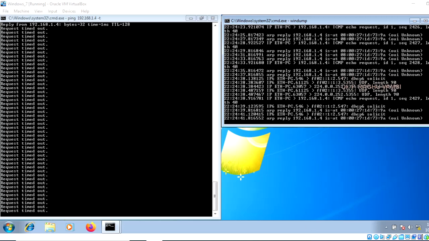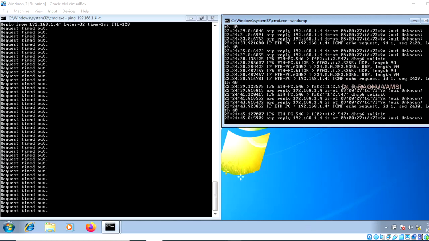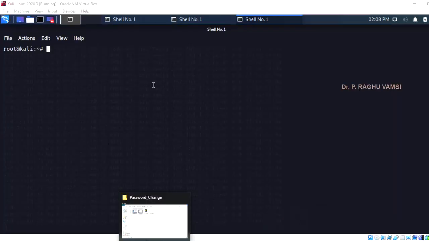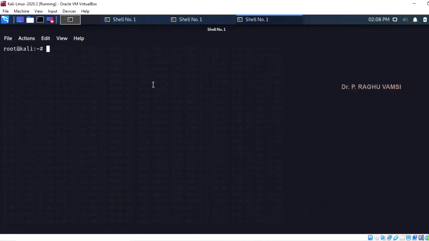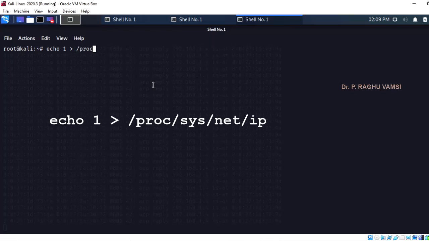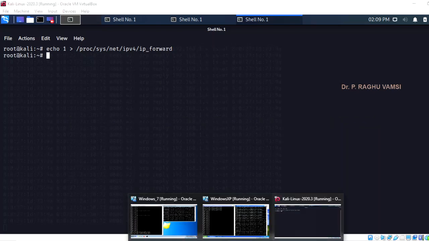Now, for that, we need to write a small command. We need to write a small command on the Kali Linux. So I am operating the terminal in root mode, and I am running the command called echo 1 greater than, because I am going to forward the packets. So cd /proc/sys/net/ipv4/ip_forward. So whenever this happens, then you can see in Windows 7,